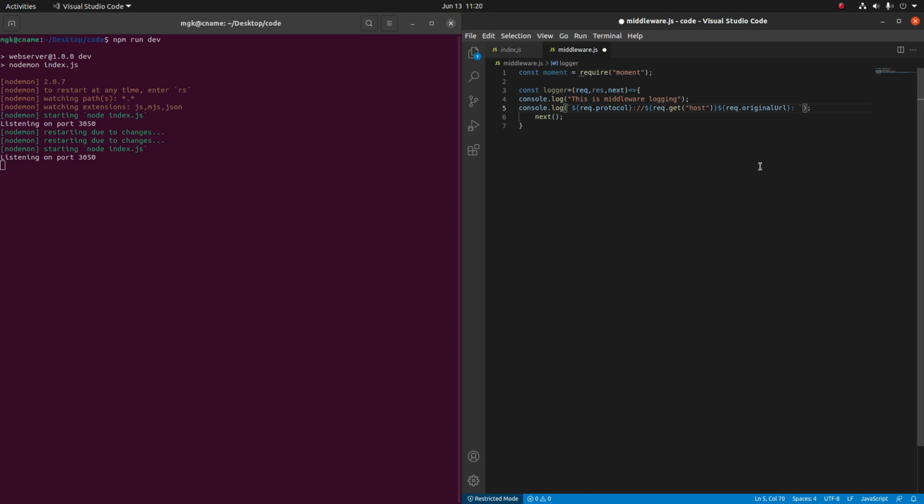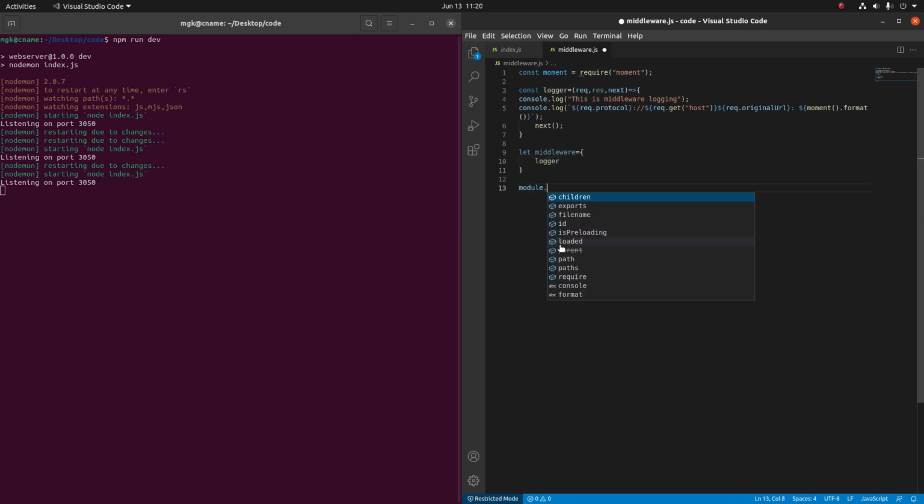The main thing here is moment, which will log the time. We'll put that as moment, and it is a function. Then the format which we want can be any format. Let us keep it as default for now. So this is the function which we want to call. We'll export this function inside middleware itself, passing it as an object attribute, logger, and then module.exports equal to middleware. So this is a function which we defined and we exported.